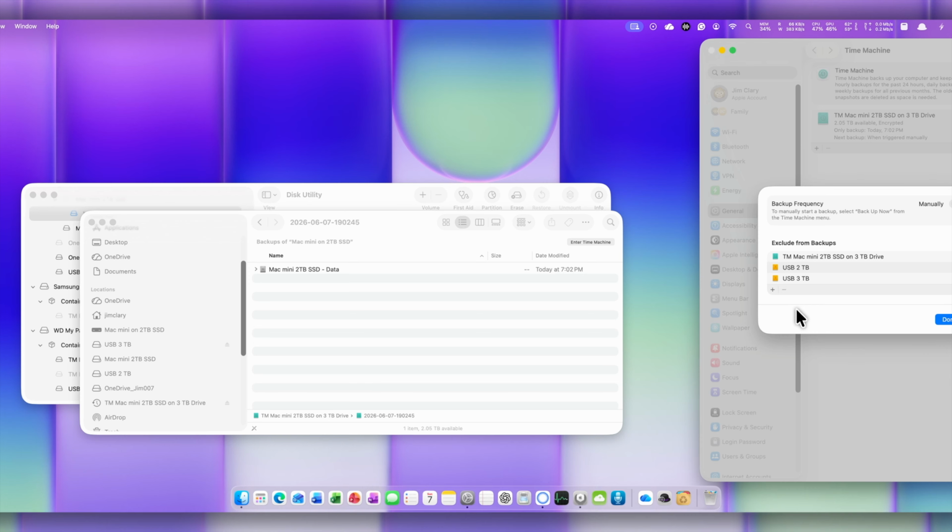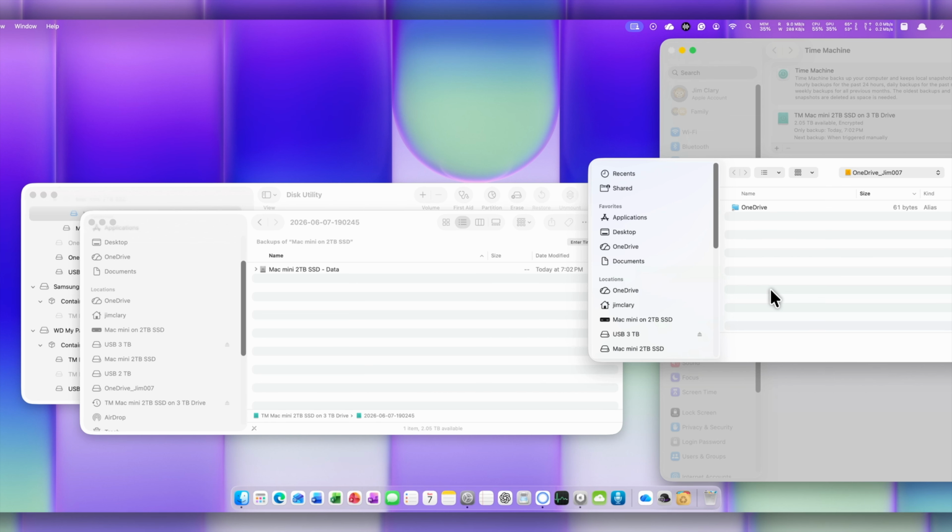However, and this is what I found out from trial and error and a lot of investigation, that's really not good enough. It just picks up stuff and makes it very difficult, if even possible, to recover anything. So here's what you want to do. We do want to add and exclude some of the folders within that OneDrive folder. So we push plus, and then we come over here and we select the